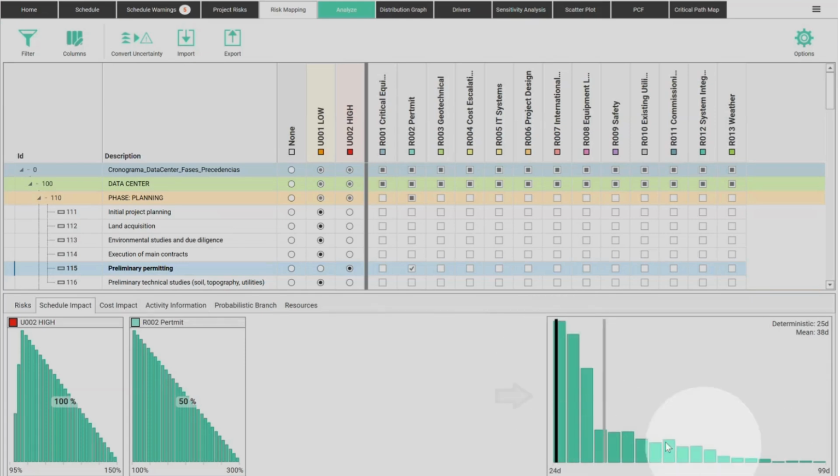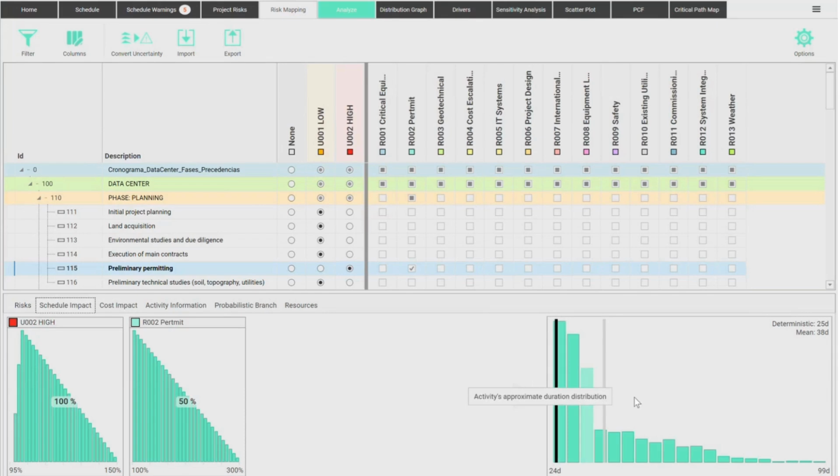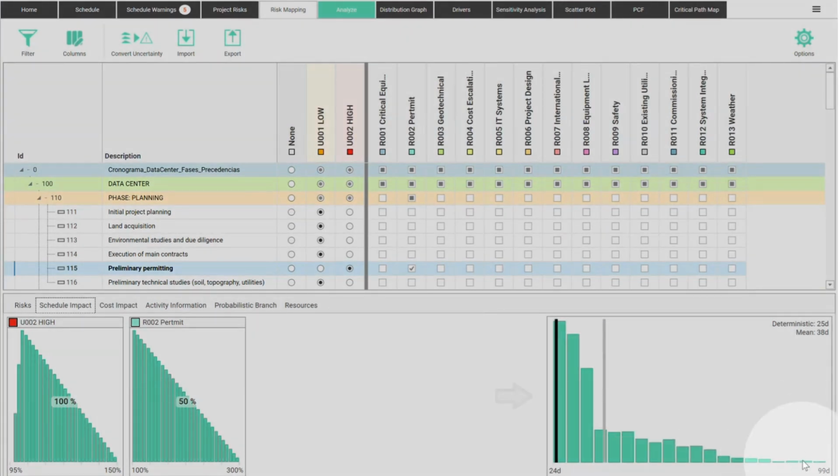A very quick simulation, still outside of the Monte Carlo simulation, is just a briefing of how the risk will look like. So something that should take 25 days might take up to 100 days if you're not lucky. Of course, the likelihood is very small here on the right, okay? Most of the time, it's going to take the average, about 38 days, okay? So it's going to be around maybe 40 plus minus 10, but it can reach 100 days.